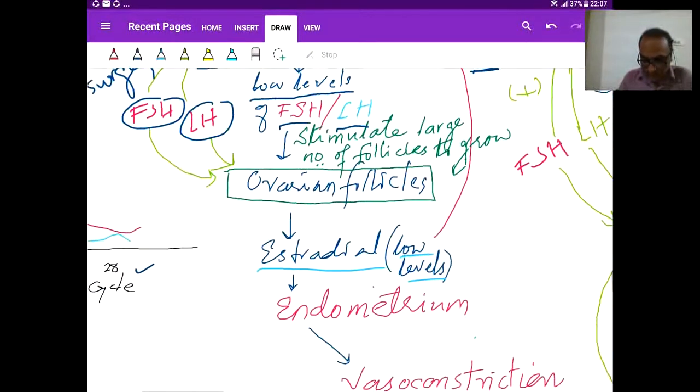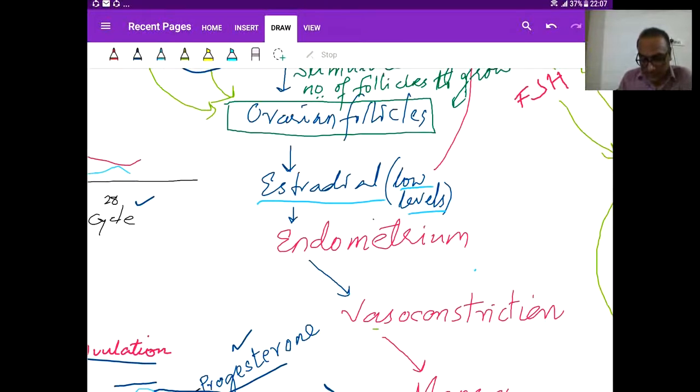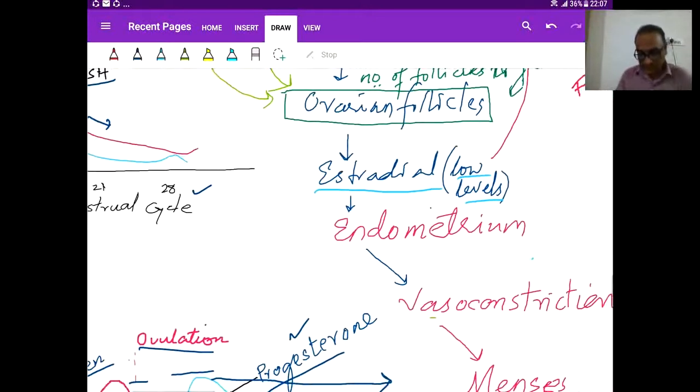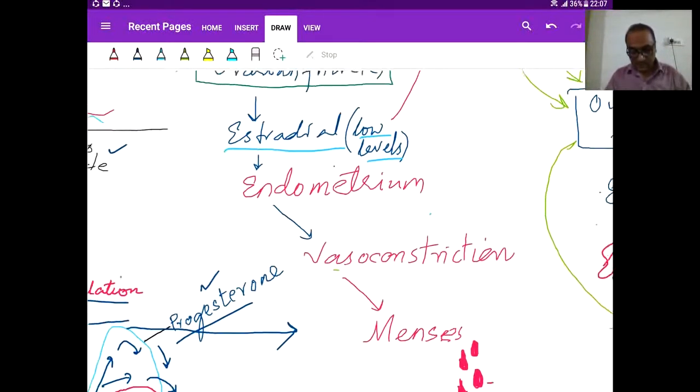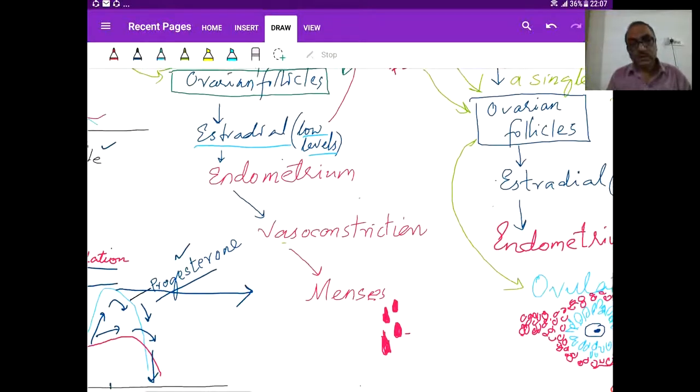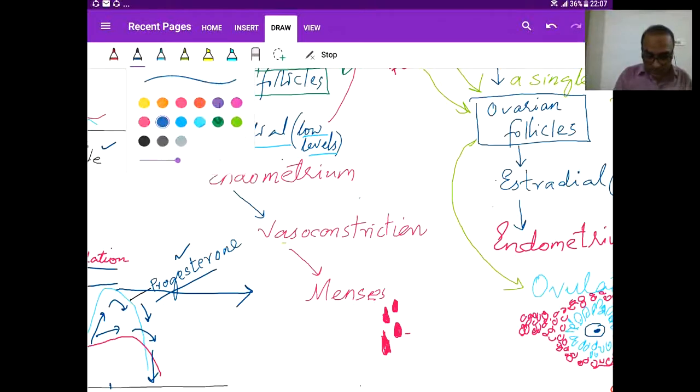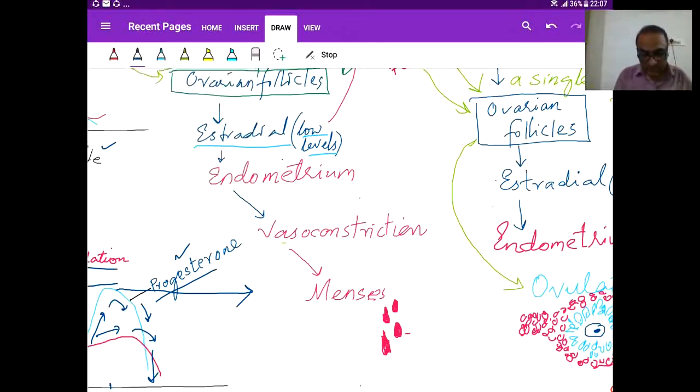Now because of that, what is happening? Let us see. Under the low levels of estradiol, the endometrium is stimulated, and it is the menstruation phase, the first 5 days of the menstrual cycle, in which we have seen earlier that the endometrium is already broken up, right? And this estrogen or estradiol has an effect on the endometrium. What is that effect? It will cause